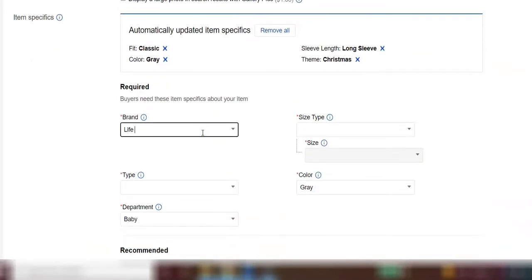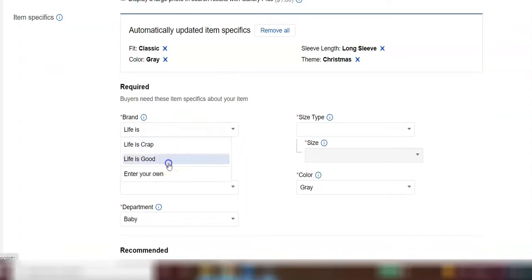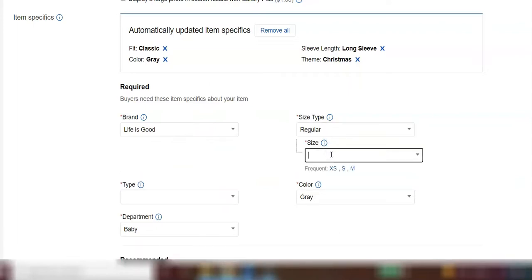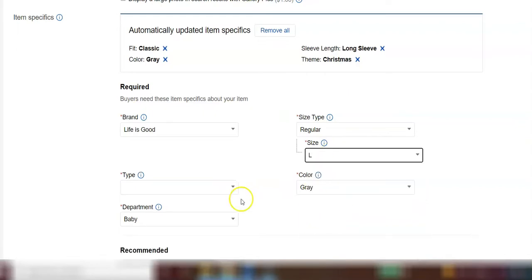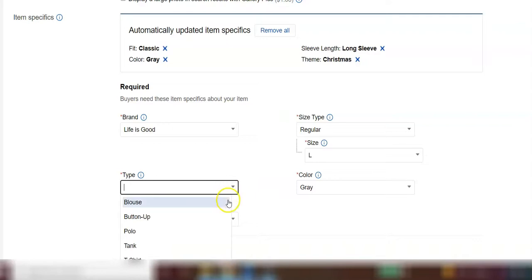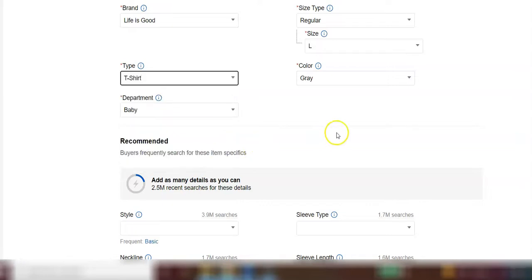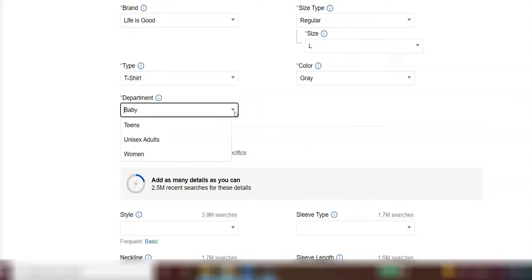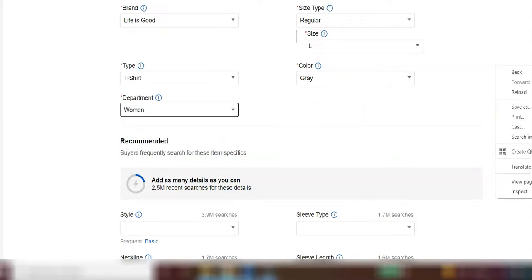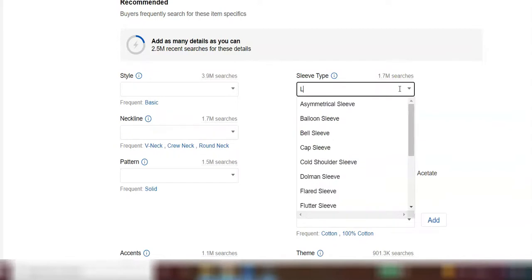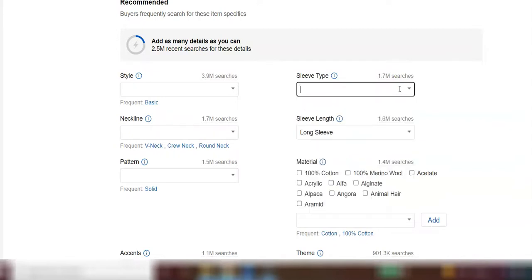I want to make sure I have the brand right. A lot of times the drop down menus are very, very helpful. Sometimes they are not helpful, and I have to go in and add things that aren't there. Especially with t-shirts, I clicked t-shirt on this because it's a long sleeve t-shirt, but they don't have just a long sleeve shirt. And I think it's kind of redundant that we have to put department in here when we are saying it's in the department in the item category at the top. Sleeve type, long sleeve,